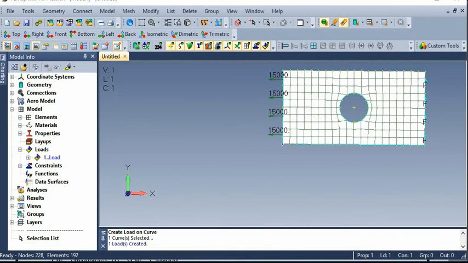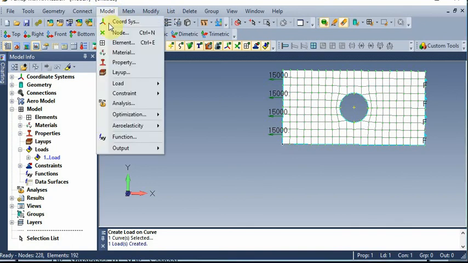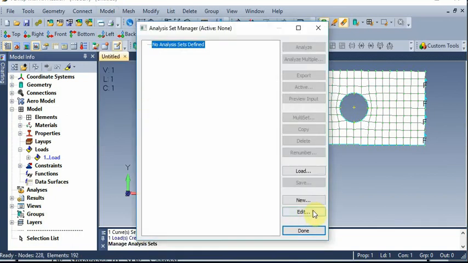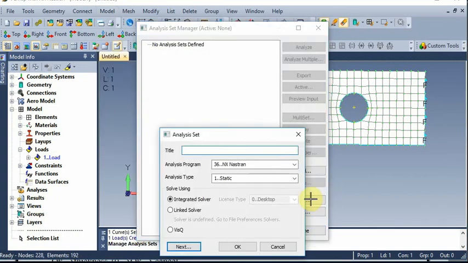Next step is the processing step. For that we need to move to analysis, then create a new analysis, and we can give analysis 1. Keep static as it is because we are doing static analysis.